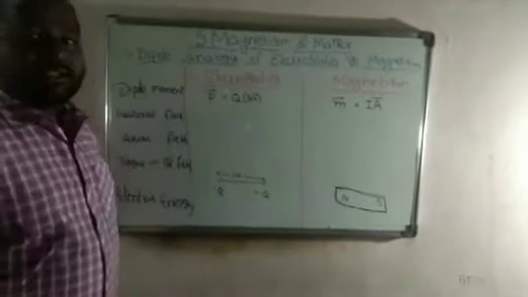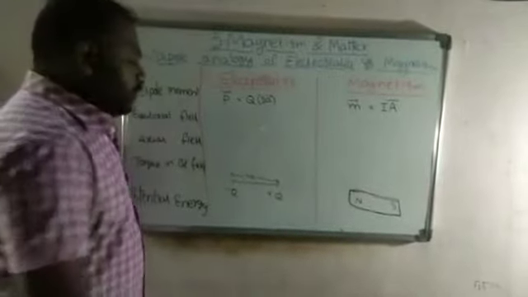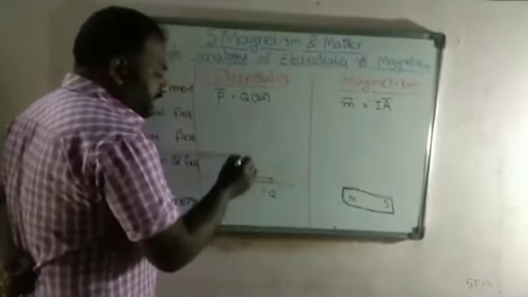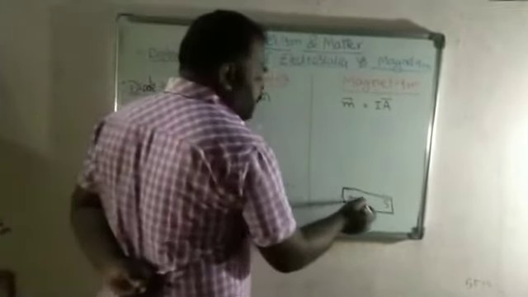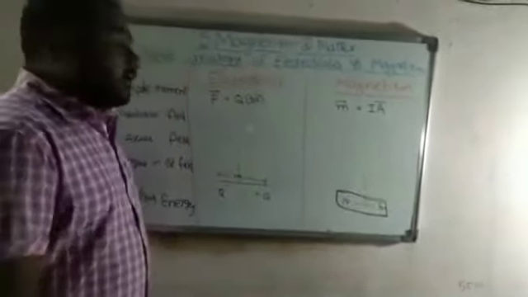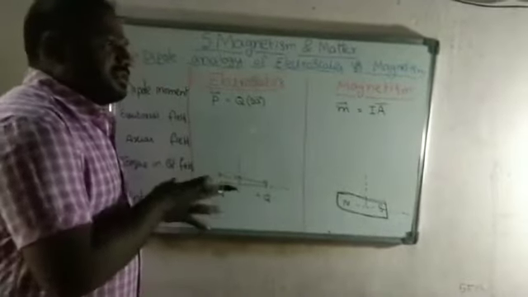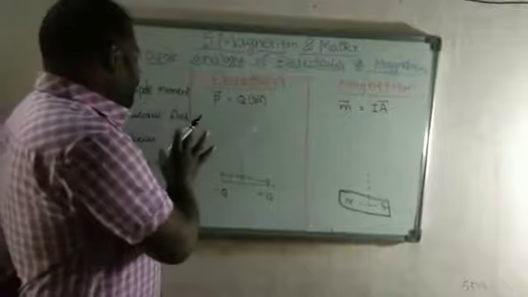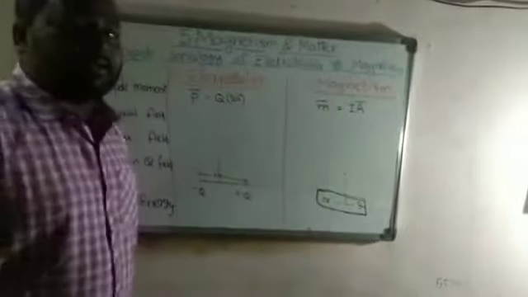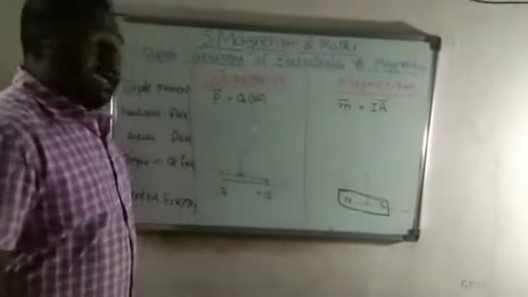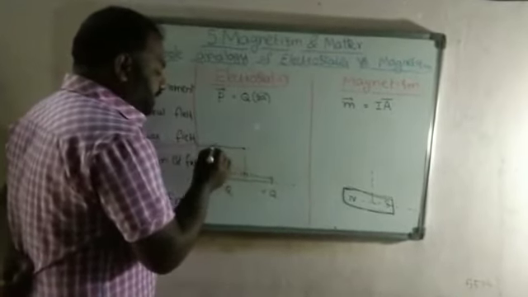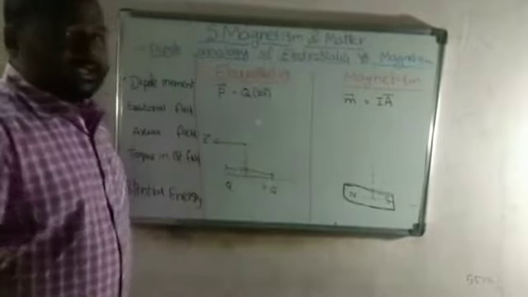The second analogy is the equatorial field. As you know from the first chapter, there is the axial line and the equatorial line. Similarly here also, we take the axial line and the equatorial line. Now we are going to write the formulas for the axial line field and equatorial field for electrostatics and magnetostatics. For the equatorial field, the field acts in this direction.